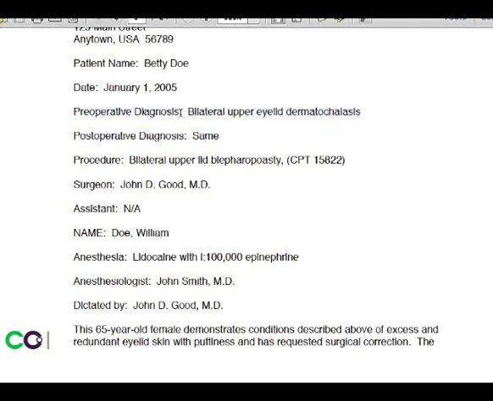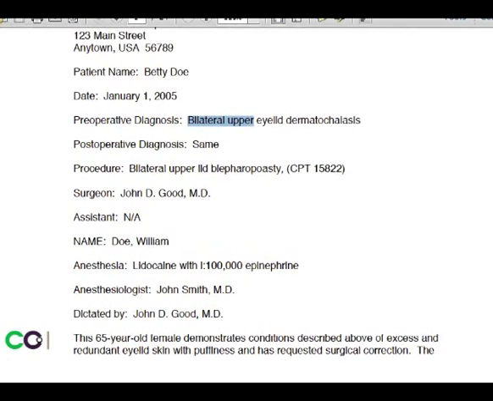And you want to be careful sometimes because sometimes the preoperative diagnosis sounds the same as the postoperative, but you want to code whatever they say the postoperative one is. In this case, it happens to be the same thing. So that is how I would